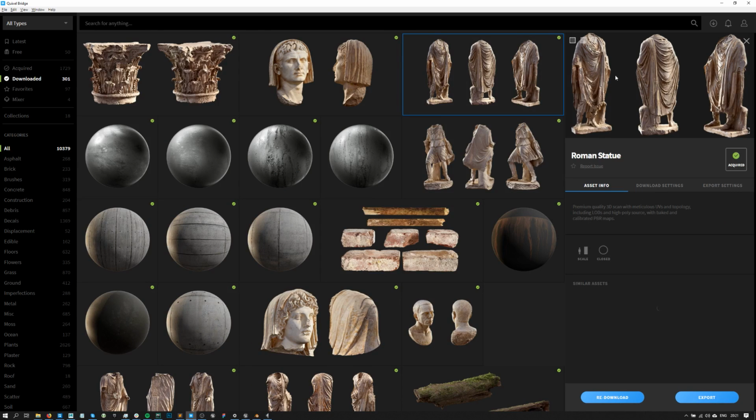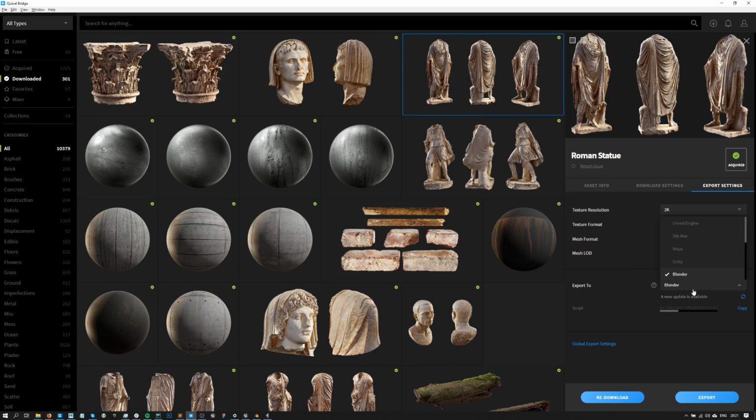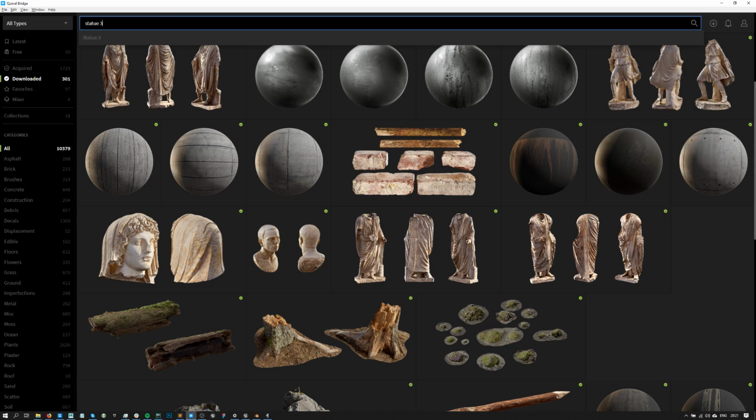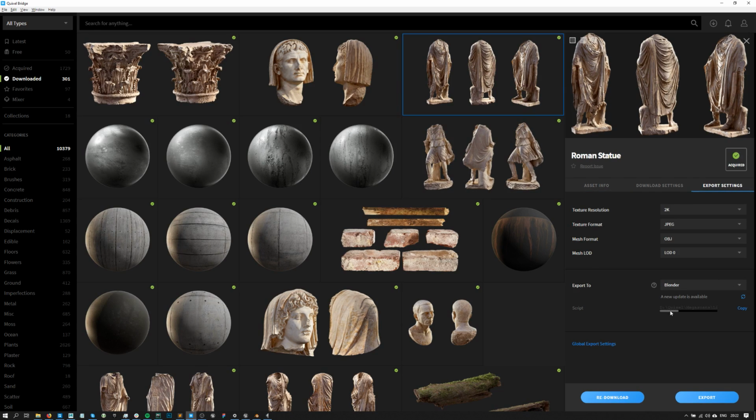By the way, for those of you who don't know, we have a Blender integration. A lot of people ask this question. There is one. You just need to click on any asset you want in the downloaded tab of Bridge. Then you have the export settings, and from here you can select which software you want. So you have Unreal, 3ds Max, Maya, Unity, Blender, Houdini, Cinema 4D, Clarisse, Marmoset, Mixer, and custom software. Basically, most tools in the industry are supported here, so you should be fine. But I set it to Blender. I installed the plugin. There's actually an update, and then I just hit export,